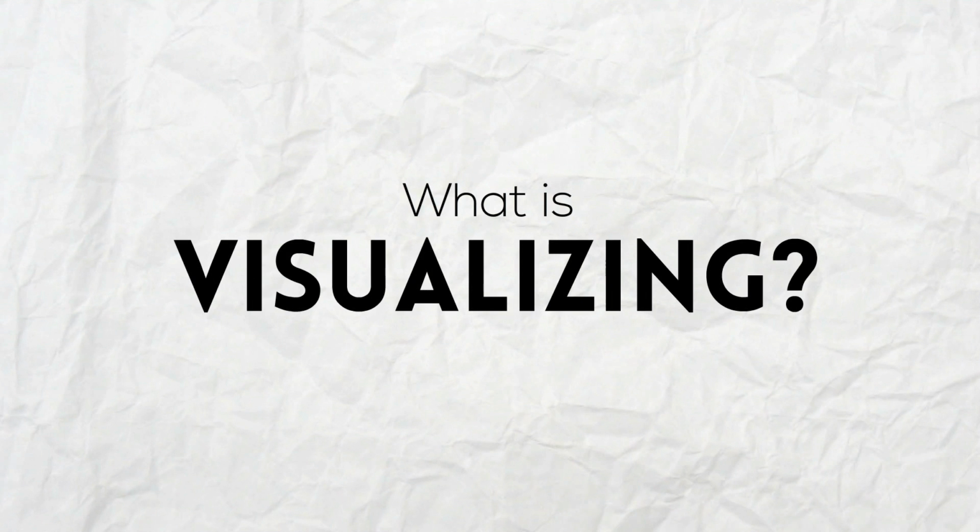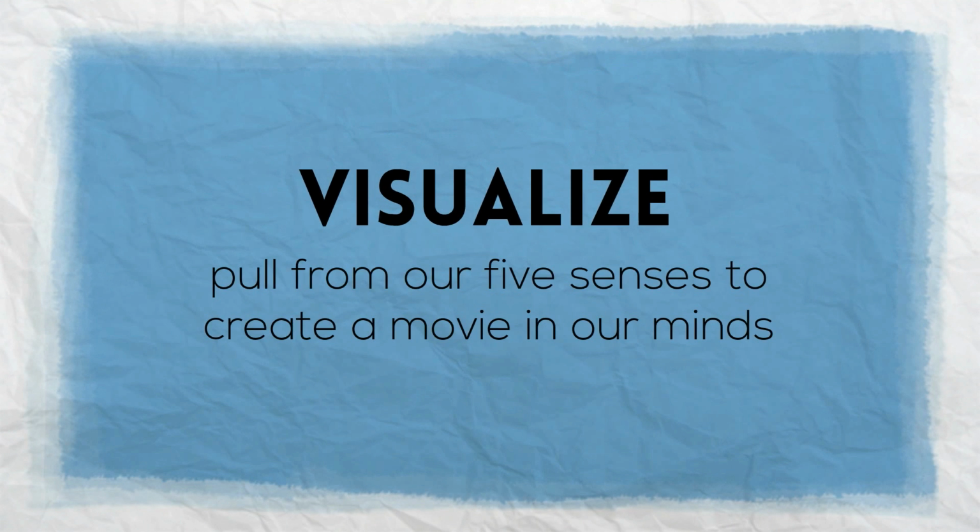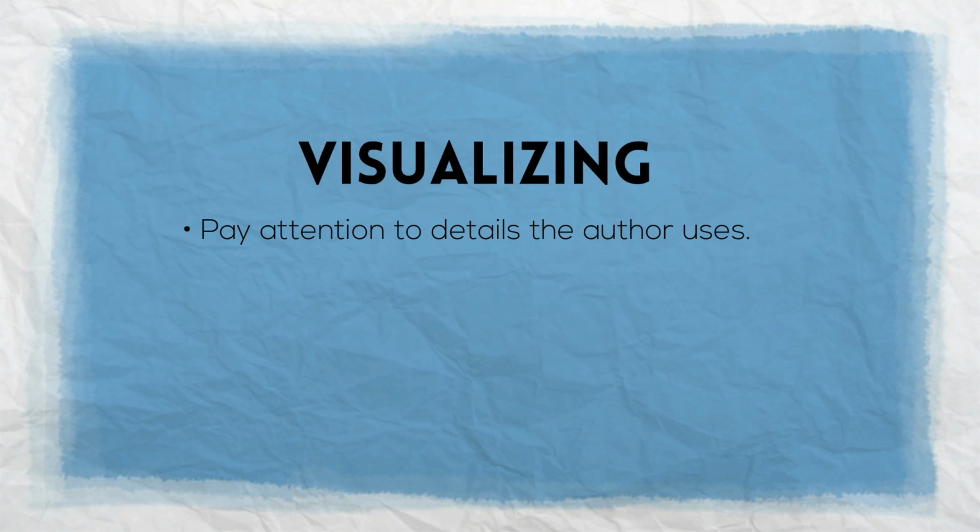What is visualizing? When we visualize, it means we pull from our five senses to create a movie in our minds. We pay attention to the 5 types of sensory details authors use to describe the text. They add details to make their writing more interesting, and those details allow us to use our imagination when we're